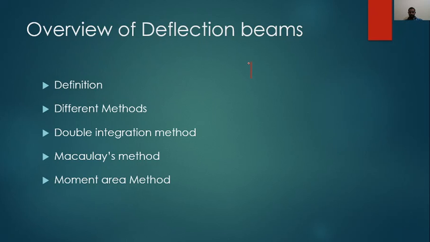If a beam is considered like this, before loading it was horizontal like this, and if you apply load, what happens? It will tend to bend like this, deflect downward. Then deflection at any point is nothing but the vertical deviation of a particular point from its initial position to final position. This much is nothing but deflection delta.